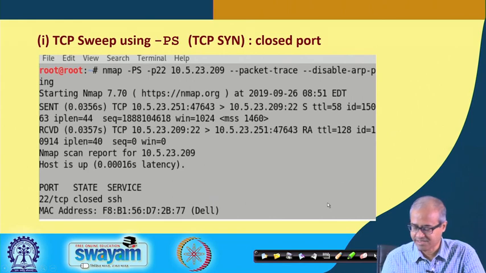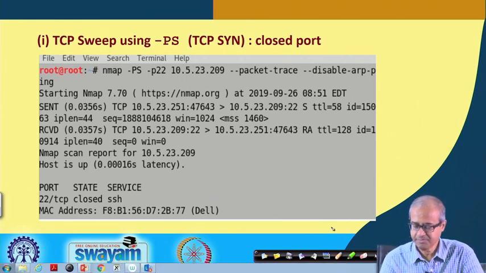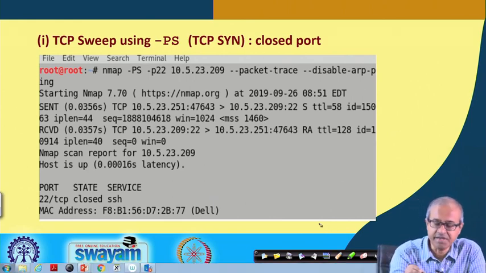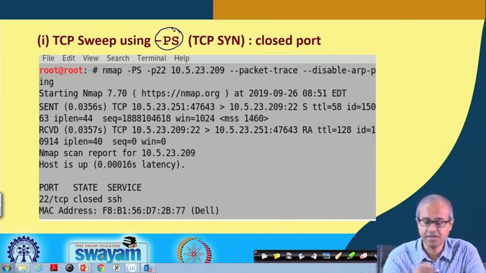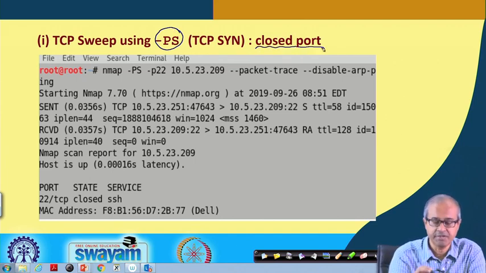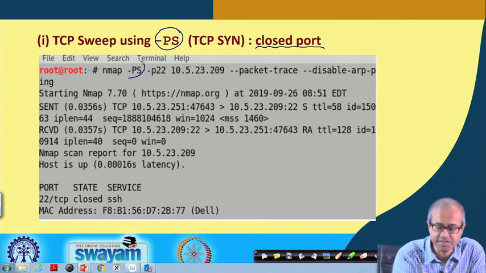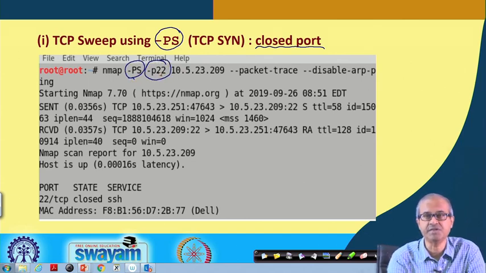So, let us see some examples here. Here we are using minus PS TCP SYN, where the particular port that we are querying is actually closed. So, we are running Nmap with minus PS, we are specifying port number 22, minus P22.